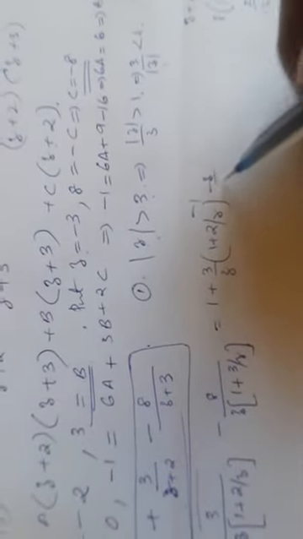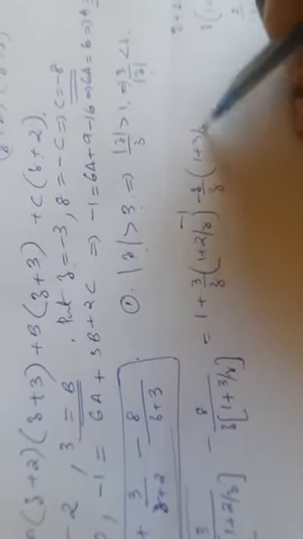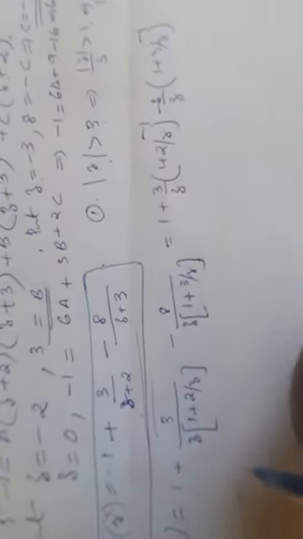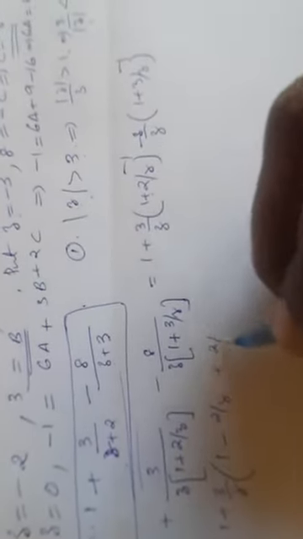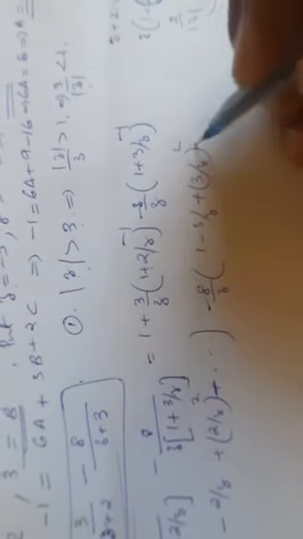Then minus 8 by z plus 3. There also we can take z outside, so 1 plus 3 by z. So it will be 1 plus 3 by z into 1 plus 2 by z all raised to minus 1, minus 8 by z into 1 plus 3 by z all raised to minus 1. The first is 1 plus 3 by z into 1 minus 2 by z plus 2 by z the whole square plus etc., then minus 8 by z into 1 minus 3 by z plus 3 by z the whole square minus etc. Okay.